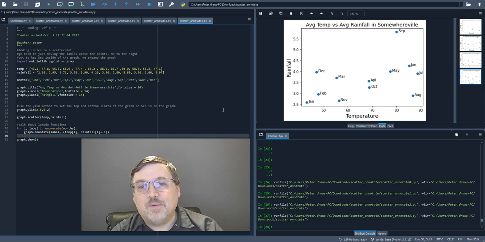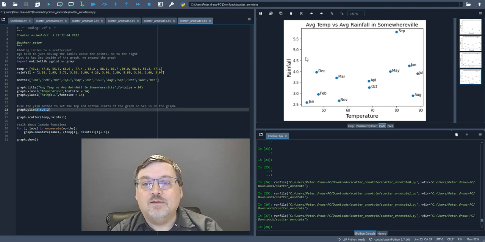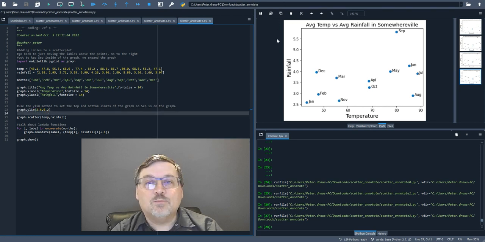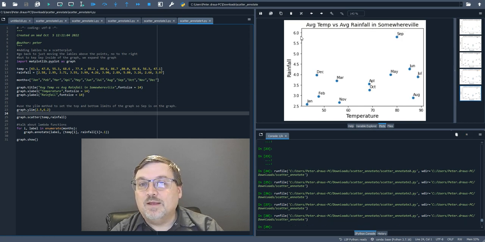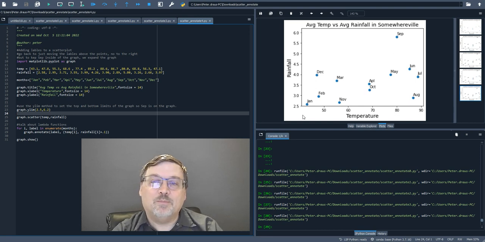So we're going to move it up again, but this time we are going to set the limits of these two spots. So we're going to go to 6.2, which is actually going to raise this line up a bit. So now when we run it, see, 6.2 is the top line. We have enough room for September to be up there, even if we put it above. So adding those